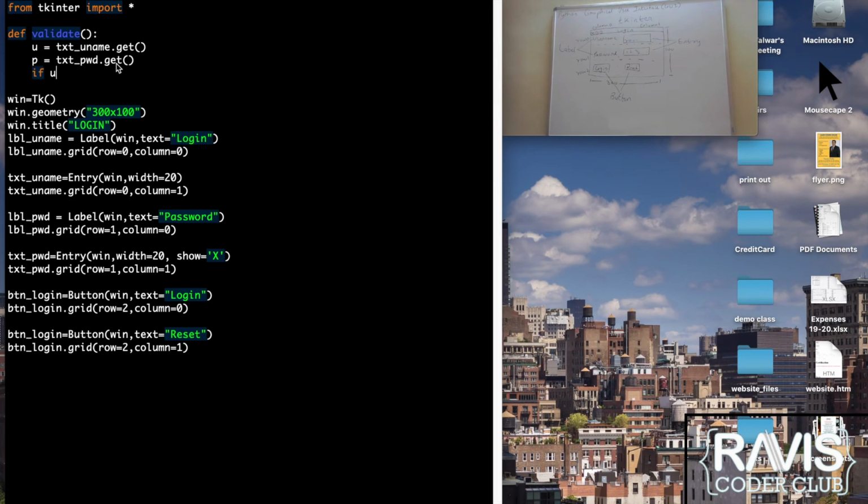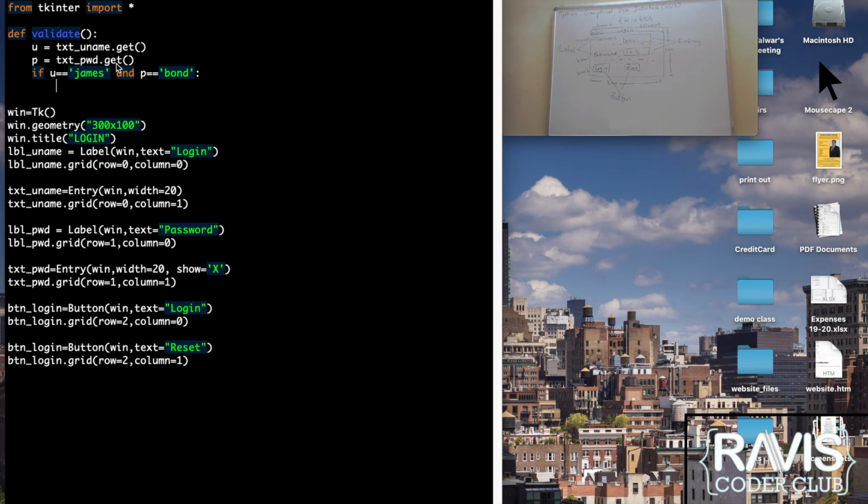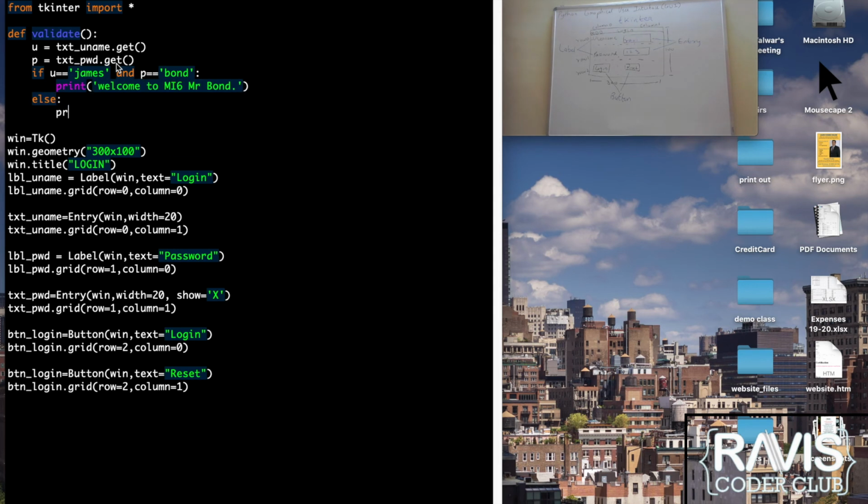If u equal to James and p equal to Bond, then it is James Bond logging in. And what should we do? We can print a message on the screen which says welcome to MI6, Mr. Bond. Else, I'm going to print a message saying access denied.